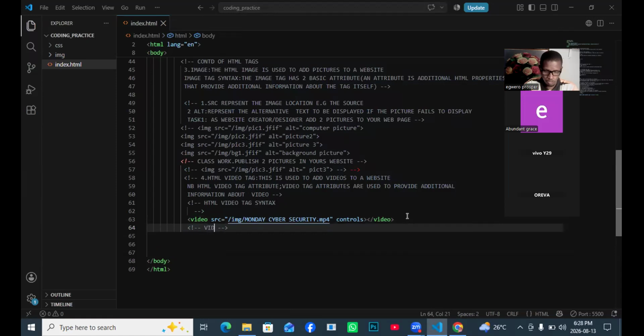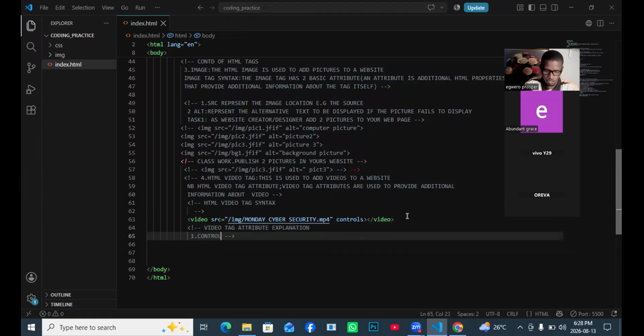Video tag attribute explanation. So the first one I want to explain is the control. So, right, the control attribute